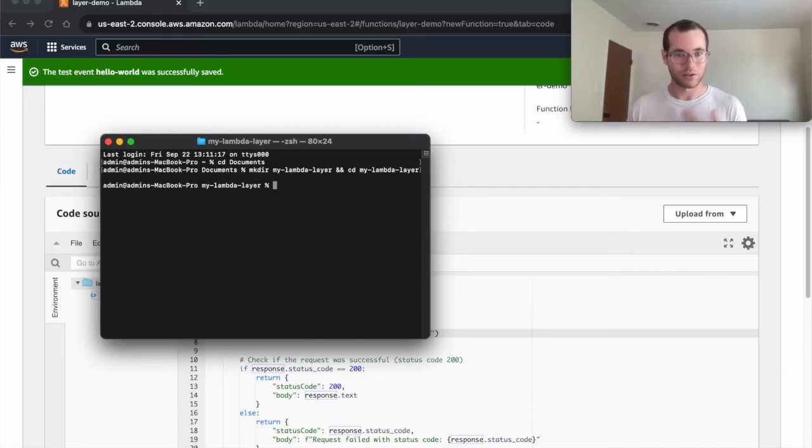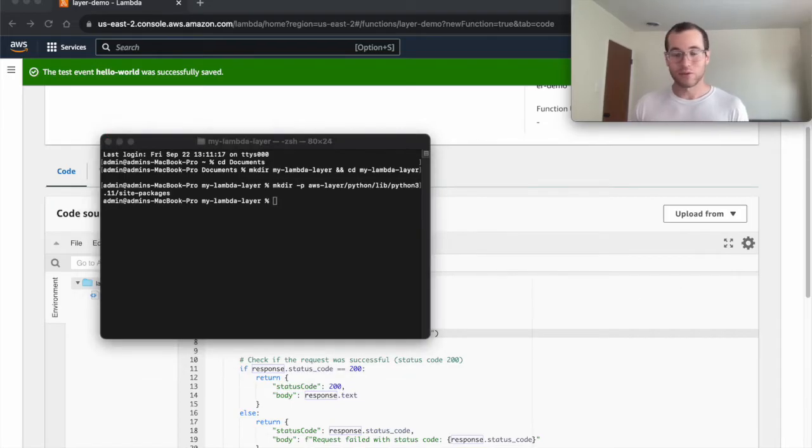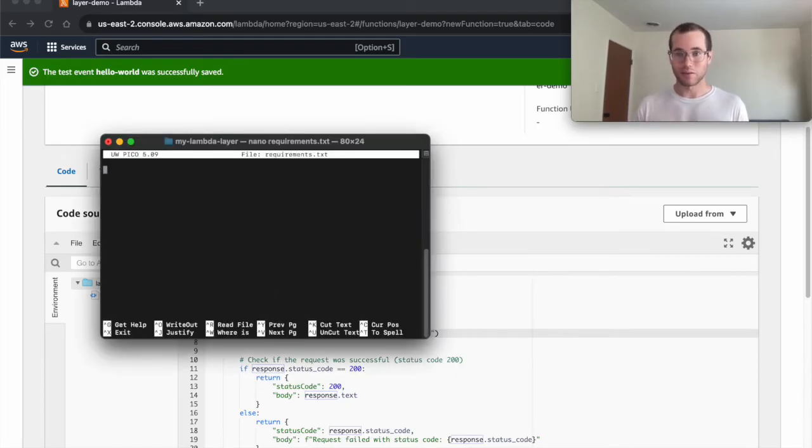We're just going to create a directory, change directory into that, and I'm going to create a directory structure inside of this. And then I'm going to run this command, nano requirements.txt. So basically inside of our directory, we're going to be defining the requirements. In our case, it's just the requests module. If you had other ones, you could put those in right now, but I'm just going to leave it at